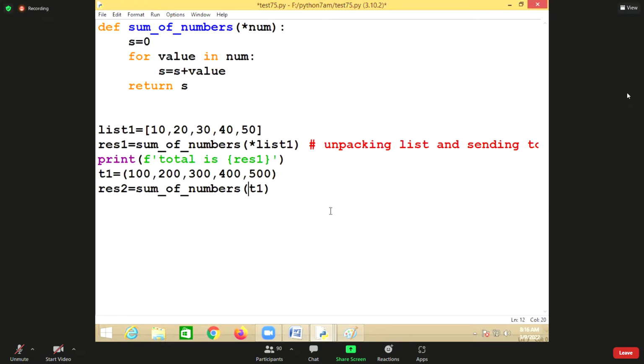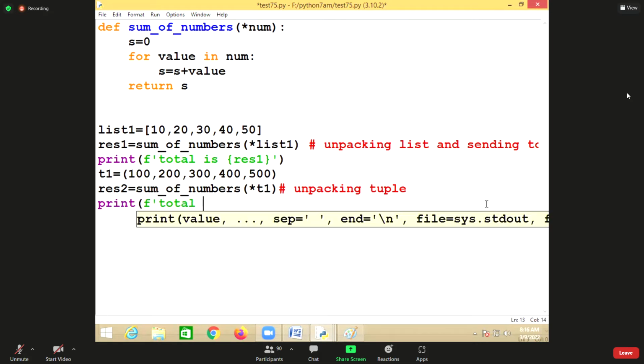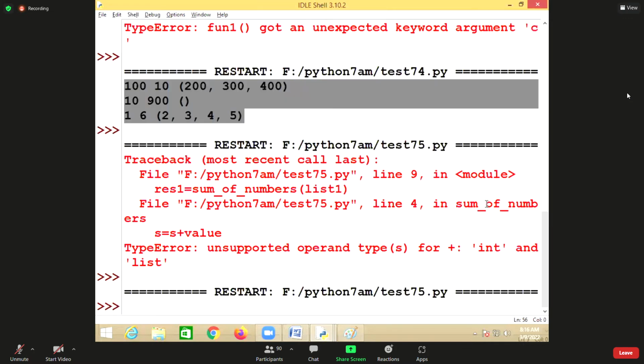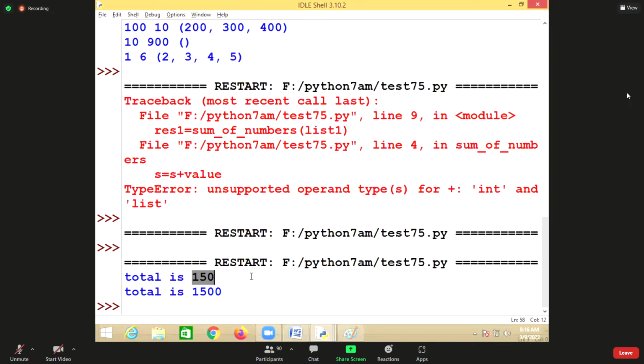How? I have to unpack. Unpacking means individual values are read and sent to the sum of numbers function. Now the format total is result 2. So that is unpacking. Now total is 150 and total is